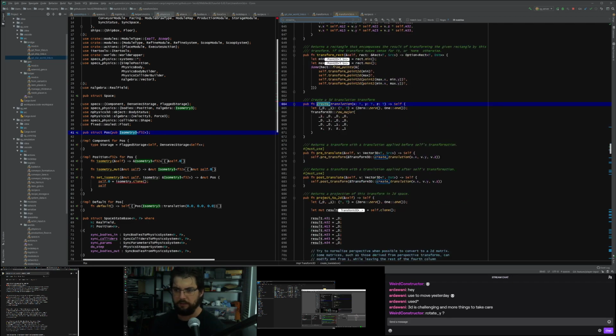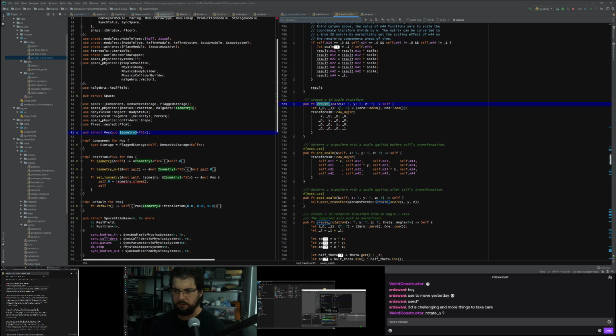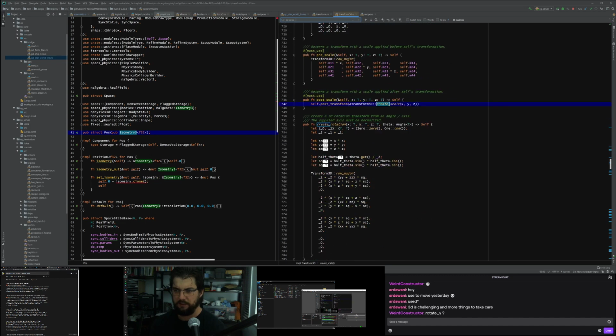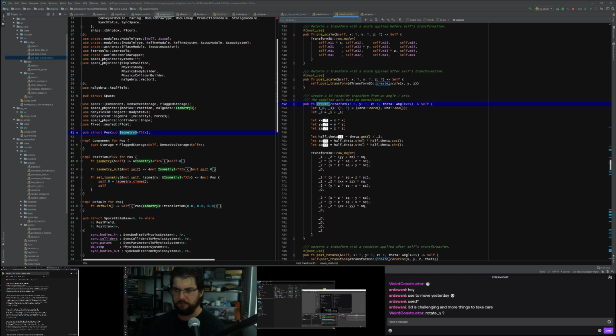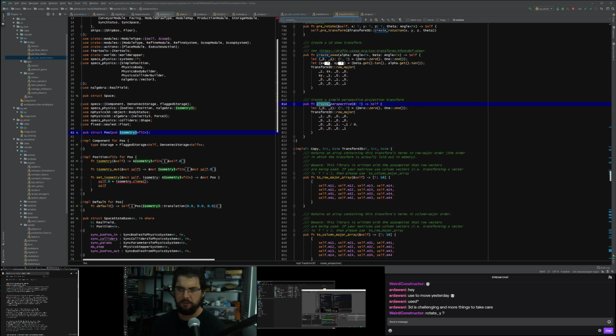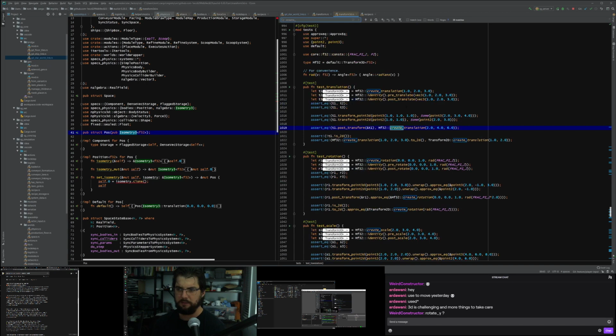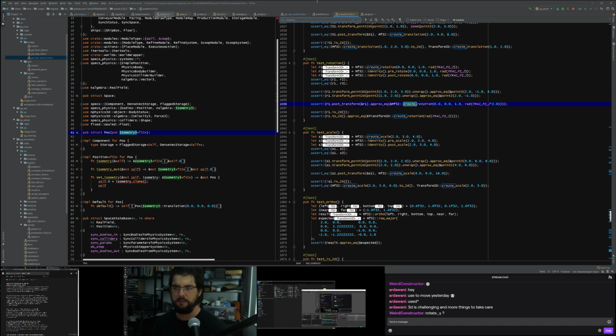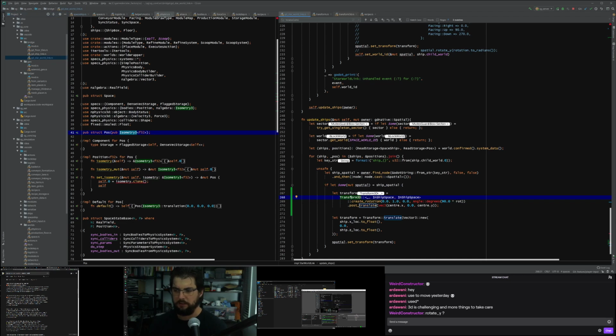So there's one from create translation. There's one for create from scale. Create from rotation. Create from skew. Create from perspective. And then there's some tests. We don't need the tests. Okay.